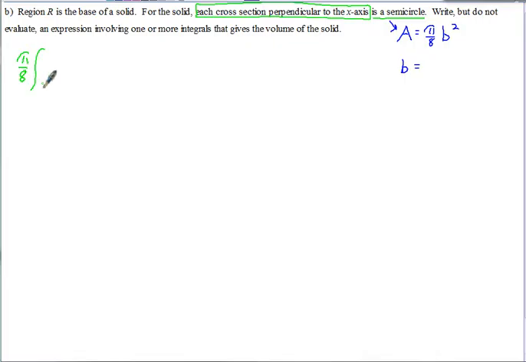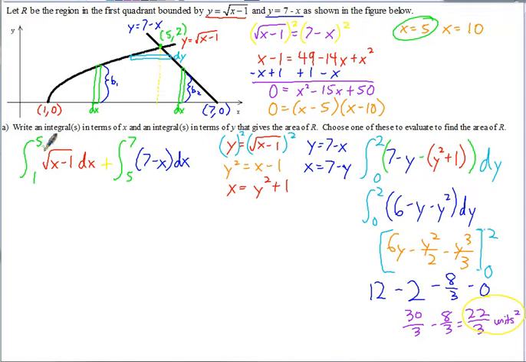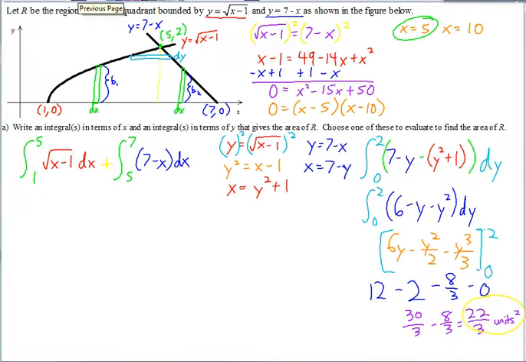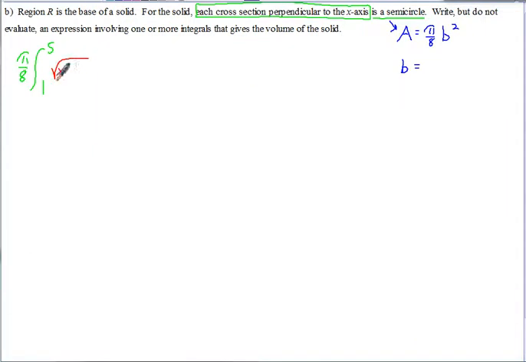Integral from the first one from 1 to 5. But now it'll be the base square root of x minus 1 squared dx, that'll give us the volume up until that dotted yellow line. And again, if you want to cancel out the square, you can, but you don't have to. Plus, unless you're going to integrate it by hand,